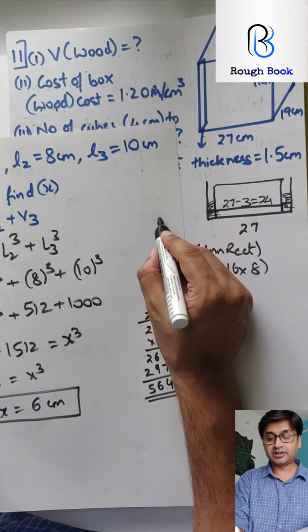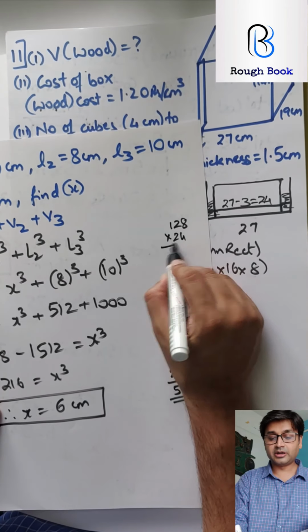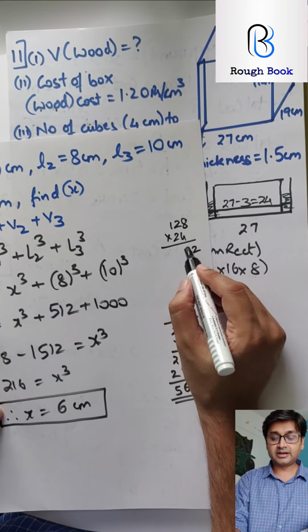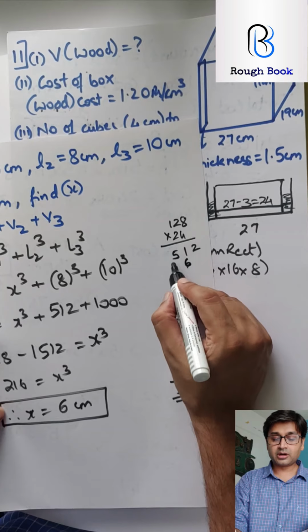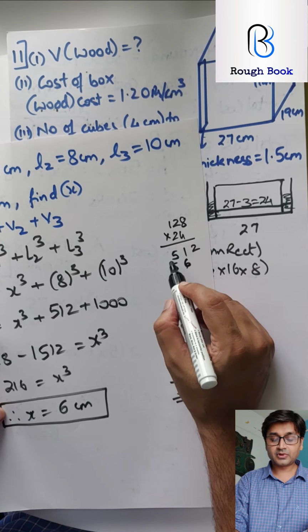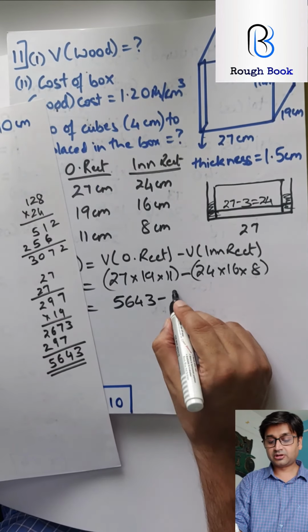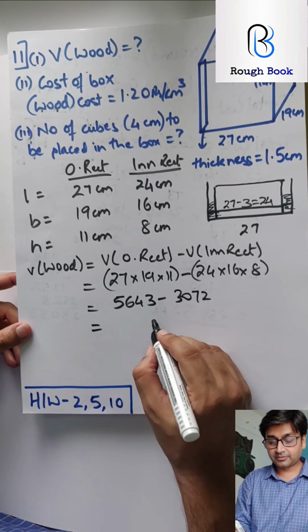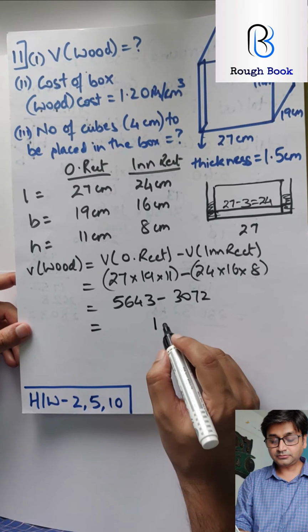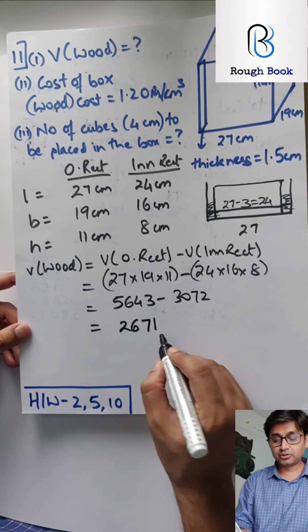So 8 6s are 48, 8 1s are 8, so 128 multiplied by 24. So 32, 8, 9, 10, 11, 4 and 1, 5, 8 2s are 16, 4 and 1, 5 again, 2 2s are 2, 1s are 2. So 2, 7, 10, 3. So 3, 0, 7, 2. So let us subtract. So on subtracting, I'll get 1, 7, 6 and 2. So 2, 6, 7, 1.